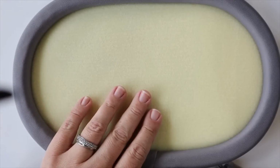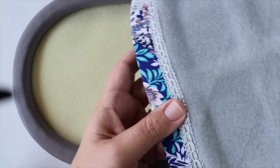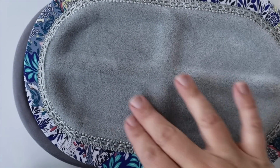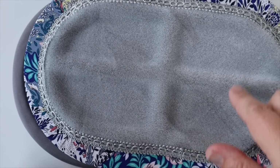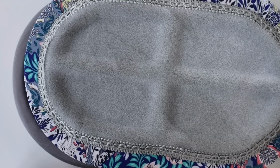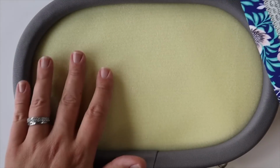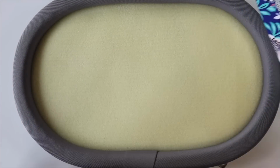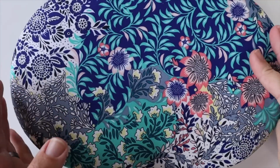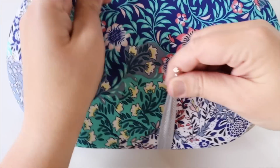So when you open up the board, you have a super nice board here. But then when you flip this part over, you also have the top that you can put your beads in to sort your beads if you wanted to. And I thought that was just brilliant on their part. So I love this board. I haven't had a chance to actually play with it yet and bead on it yet, but I loved the concept of the board. They were selling these boards like crazy, so they must be a really, really nice board